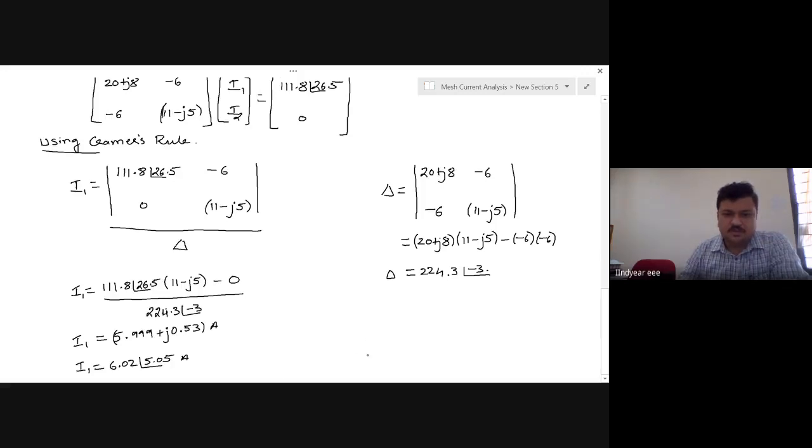So I told in many previous classes that merely knowing how to get the solution is not sufficient. You should have practice. Your fingers should have practice of solving it. Though you know the process, when you directly jump into the solution in the exam, you will not get the answer. It is by default.